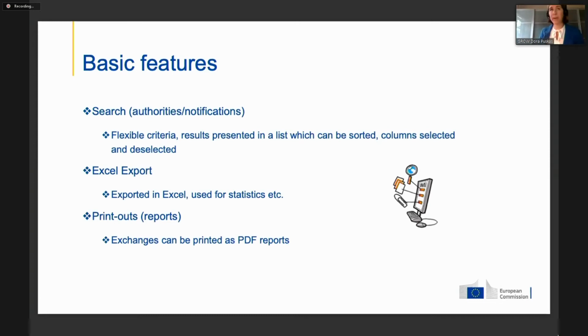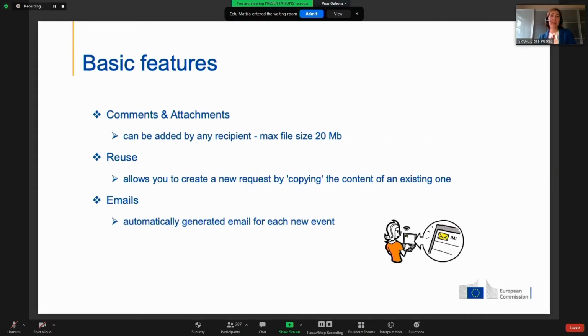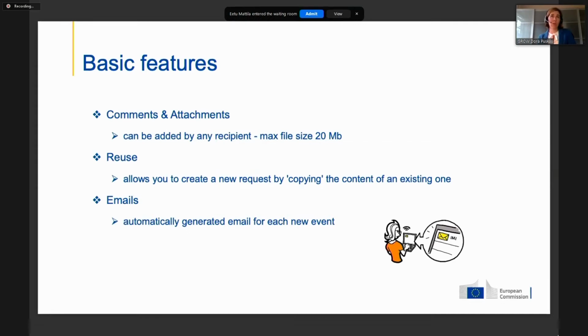So moving on with the basic features of IMI, if we go to the next slide. Another basic feature of the system is the comments and attachments possibility. Comments can be added by any recipient of a given exchange. So me as an authority, let's say I have sent a request, I can also add comments, but after sending it to another member state, to another authority, they can also add their comments,